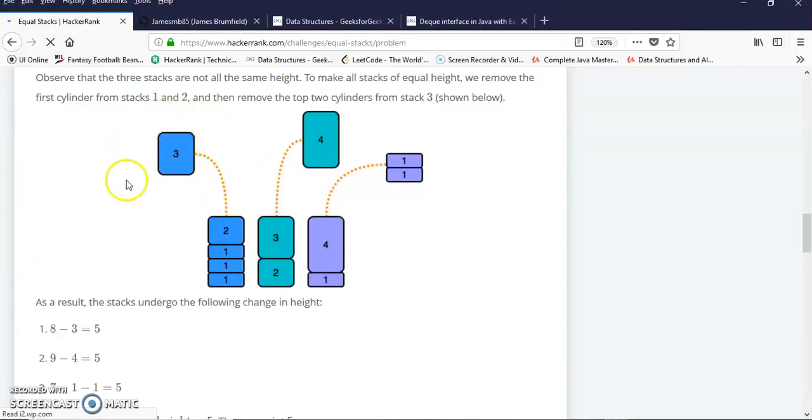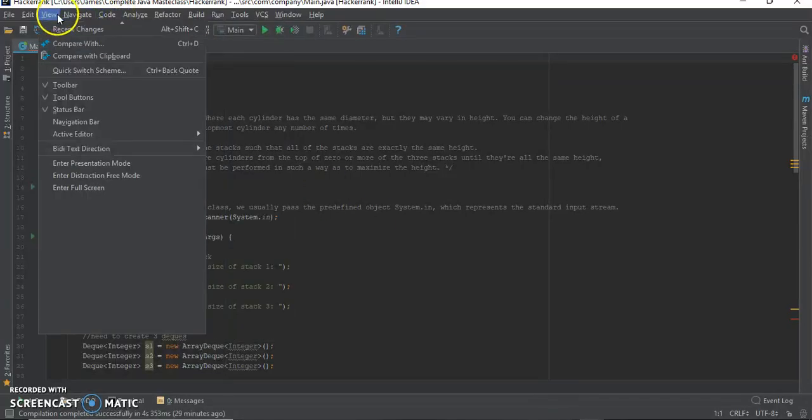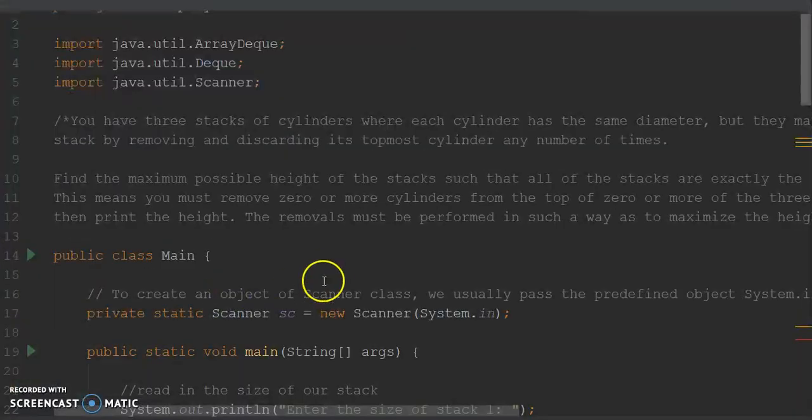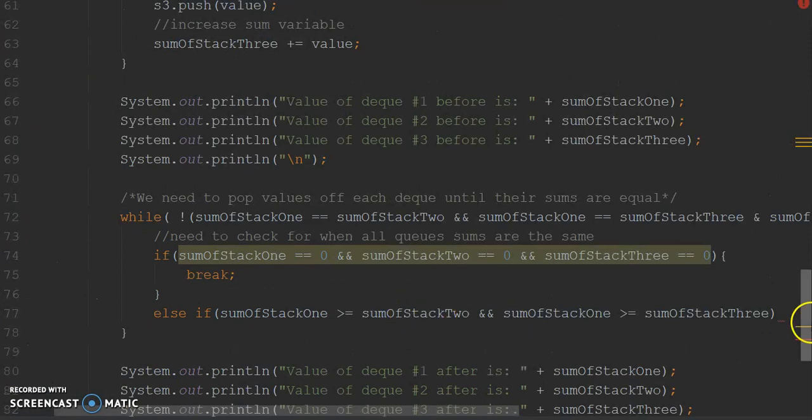Here, we're removing this value here, and now that we removed it, we need to remove 3 from the sum. So we need to remove it from the deck, and we also need to remove it from the sum. So if I go back here, these two conditions need to be true. So if they are,